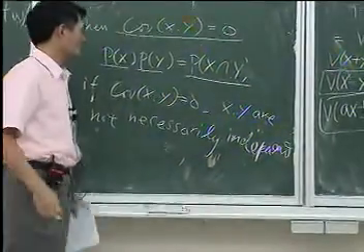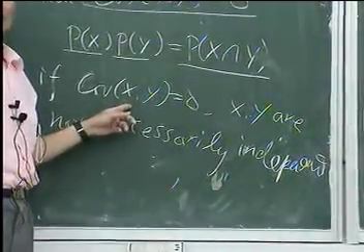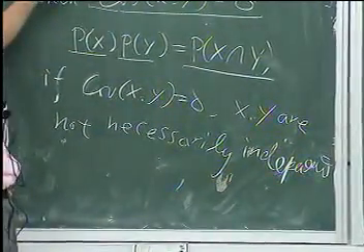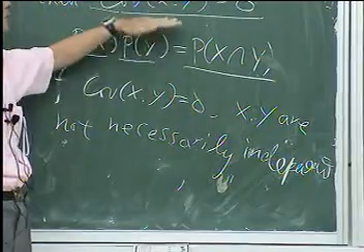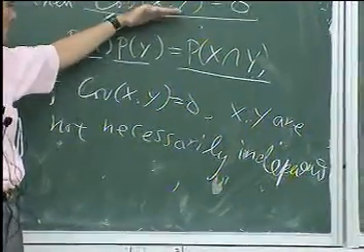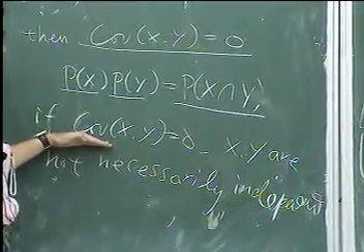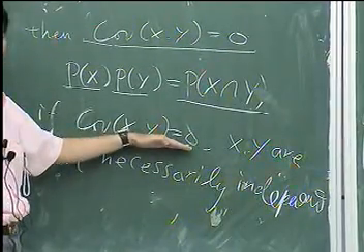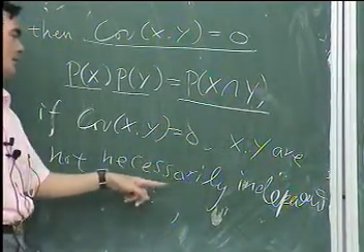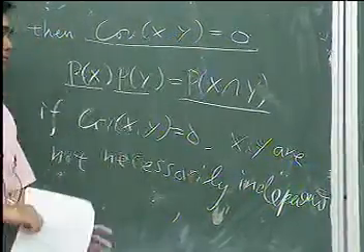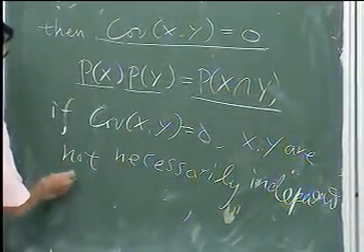Why is that the case? We say if X and Y are independent, then the covariance will be equal to 0. And if the covariance is equal to 0, X and Y are not necessarily independent because, as you know,